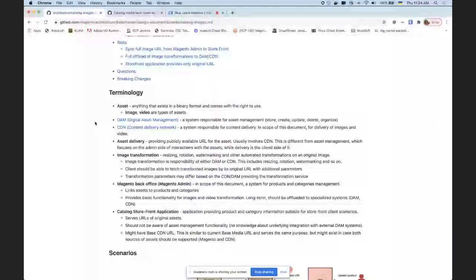Delivery of assets, in our case images, goes to the client, and it can be part of them. It is an important part because everything would be much easier if we wouldn't have image transformation. And image transformation